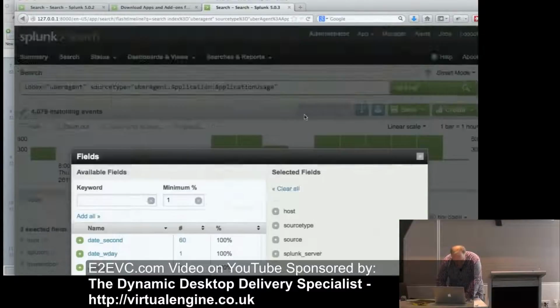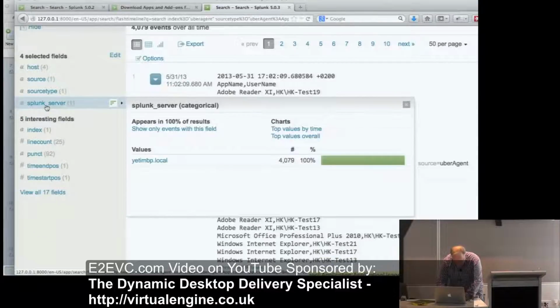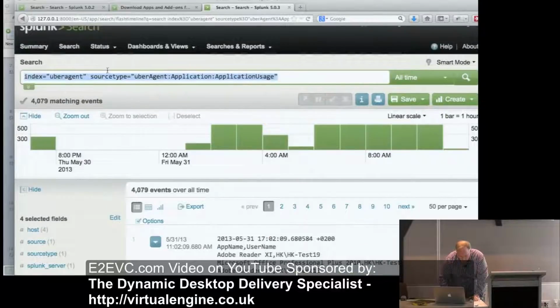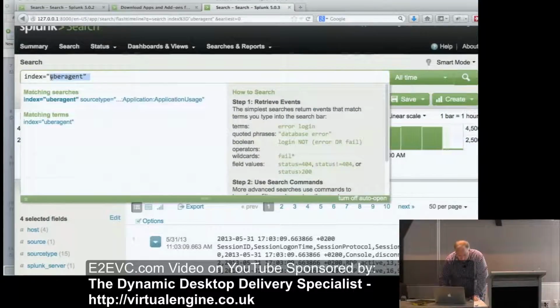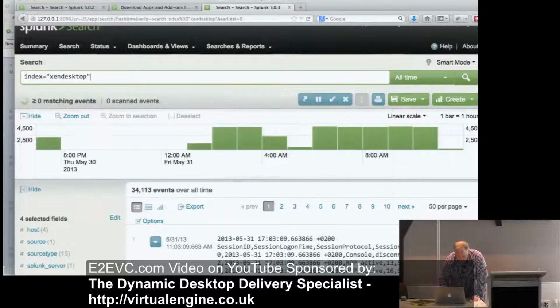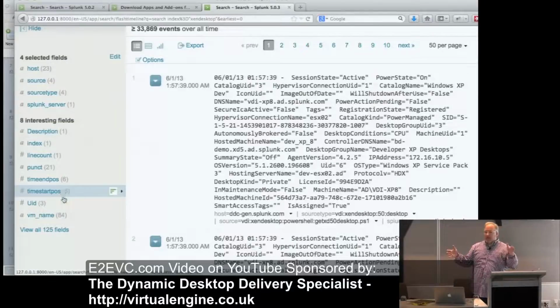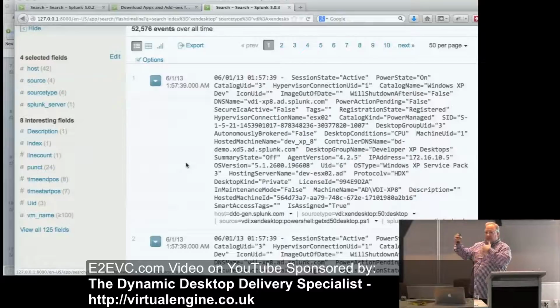The other thing I wanted to show you, actually, let's do this one. This is my local one, the desktop. And you'll see that this works with every kind of data. In this one we have 8 interesting fields with 125 unique fields. And if I wanted to narrow that down, I could say, I just want to see stuff like session data. And now, because I've narrowed it down to session data, instead of only having 6 interesting fields, I have 35 interesting fields. Because I've narrowed down the scope of the data, there's a lot more duplicated fields.